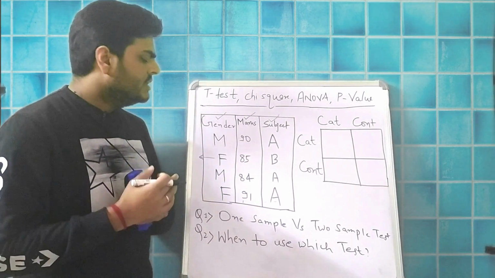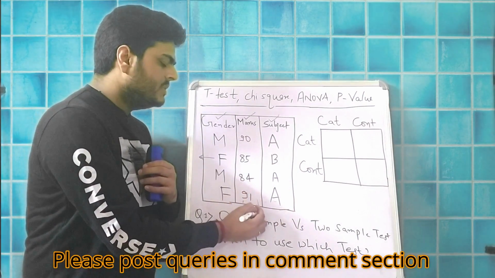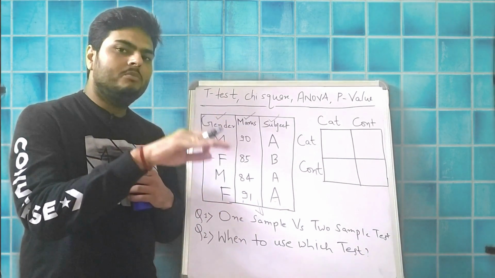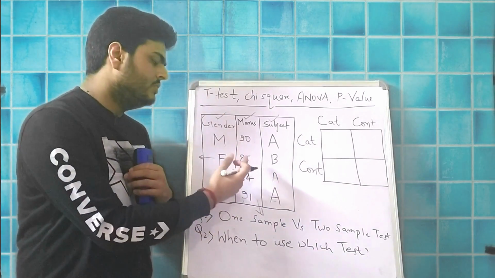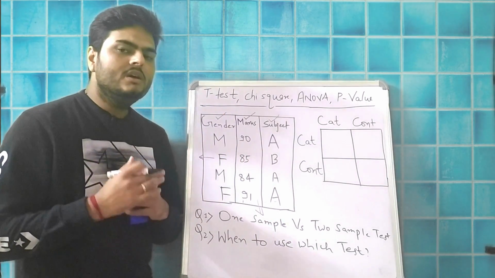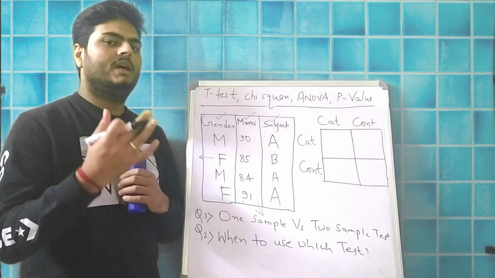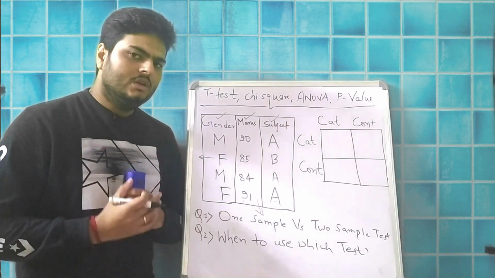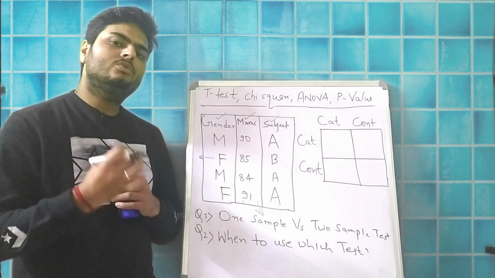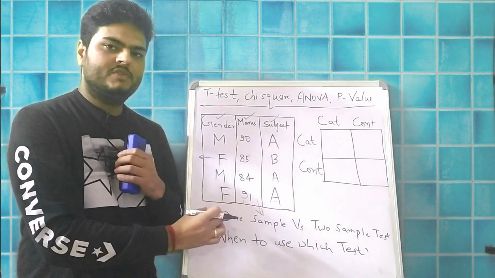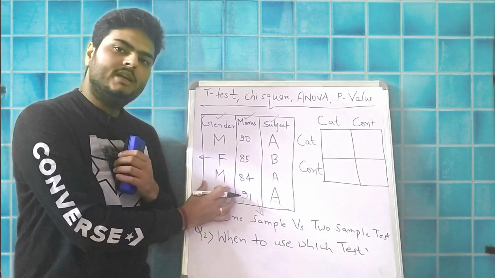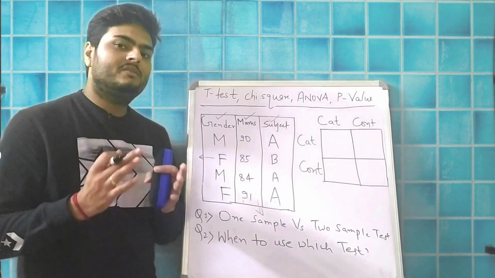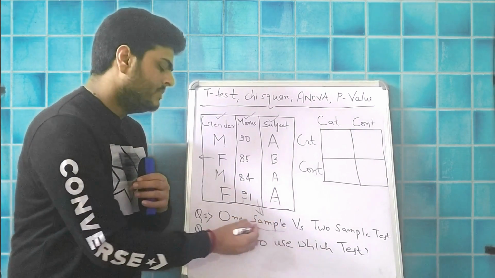Similarly, if we take the example of a numerical column, we can say something like mean is above this or mean is below this. For example, I take a number 81 and I make a statement saying mean is above 81. That is my null hypothesis. My alternate hypothesis will be mean is not above 81. Those kind of analysis when you take into consideration only one sample. So previously we were considering only a categorical column, now we are considering only a numerical column. These kind of analysis or test is known as one sample test.